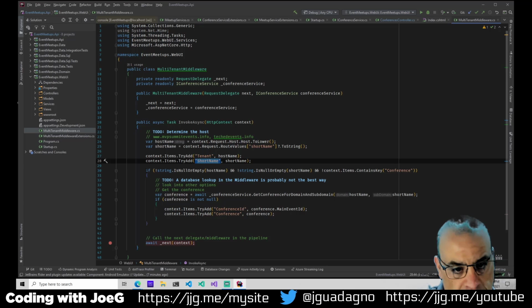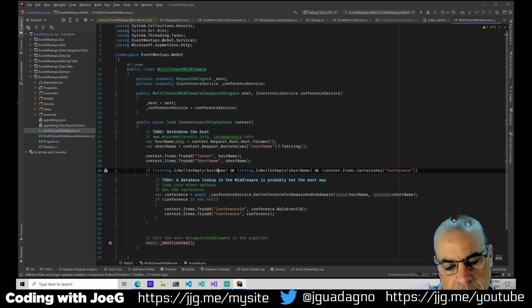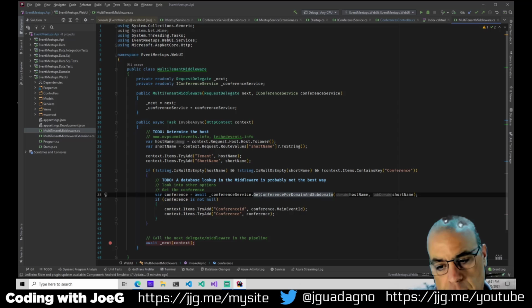Then there's this test here, which checks if the host name is not empty and the short name is not empty, we are going to want to attempt to load that. So if I pass in something like MVP summit events.info/MVP 2016, it should go to the database, get that conference, and then load that into the context.